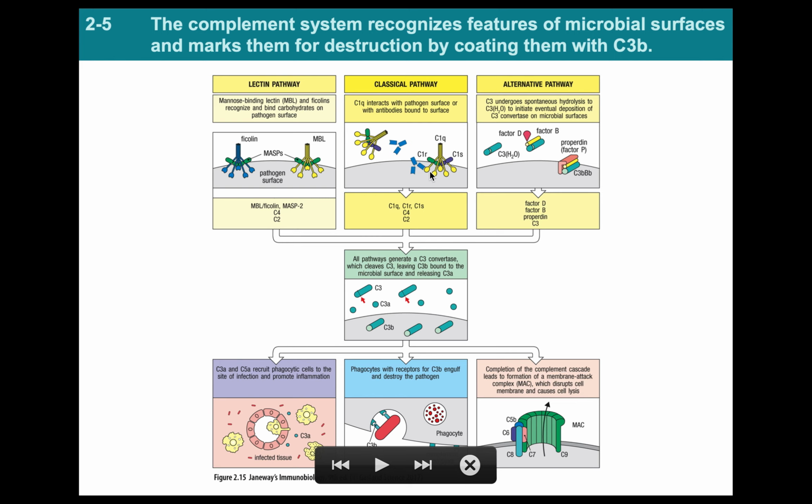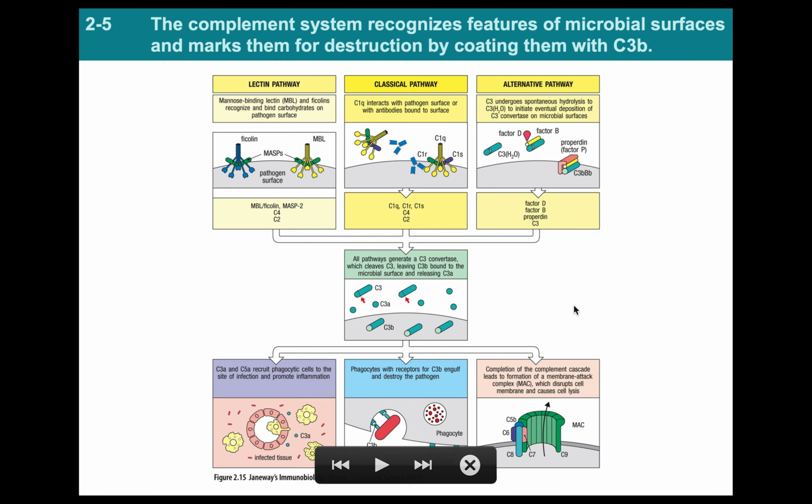And when it binds to 2 antibodies, it stretches out just enough that R and S can activate each other, and then S is going to go on and activate the other things. Or you can say C1 is going to activate the other things, but C1Q is there to regulate R, which is there to regulate S, which is there to go out and do stuff. So it's a system with many outs basically built in,